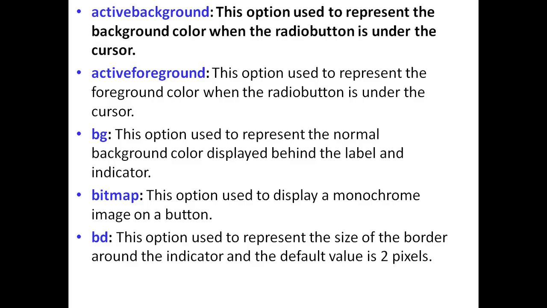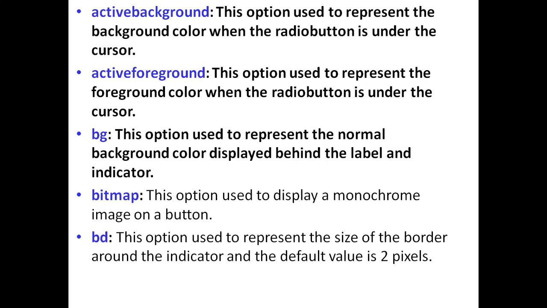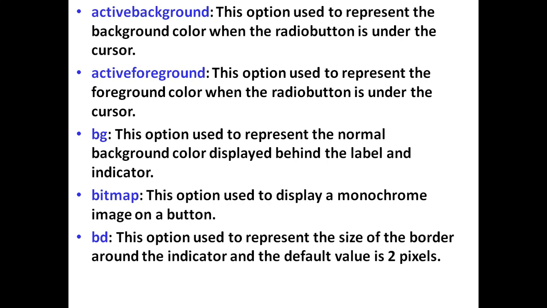This option is used to represent the background color when the radio button is under the cursor. The activeforeground option is used to represent the foreground color when the radio button is under the cursor. The bg option is used to represent the normal background color displayed behind the label and indicator of the radio button. The bitmap option is used to display a monochrome image on the button. The bd option is used to represent the size of the border around the indicator, and the default value is 2